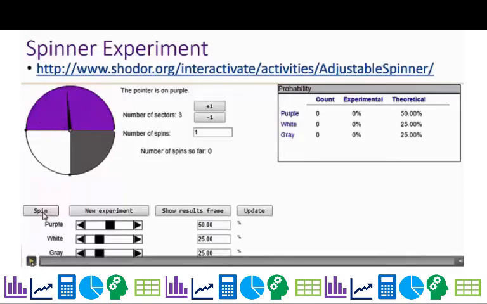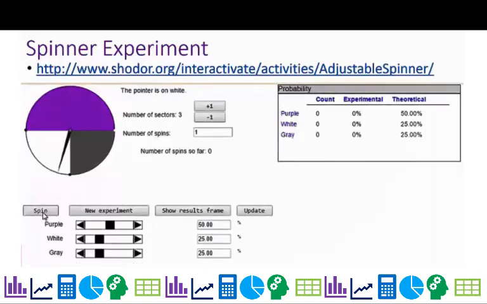So let's see what happens when I went ahead and played with this spinner. So here we go. Purple, that's fine. Let's do it again. Purple, wait a second, I'm at 100%. The next one can't be purple, but it is. Well, not the next one, we won't have another purple. Got another purple. The spinner must be broken, don't you think? Let's try again. Okay, we got another purple.